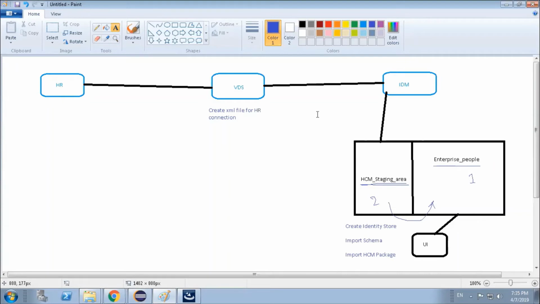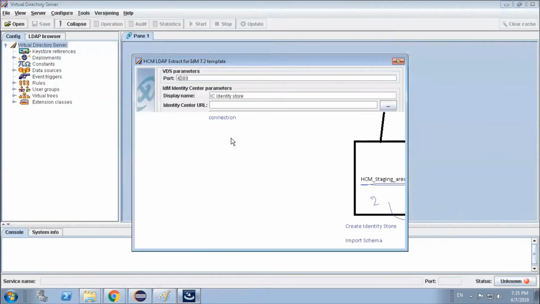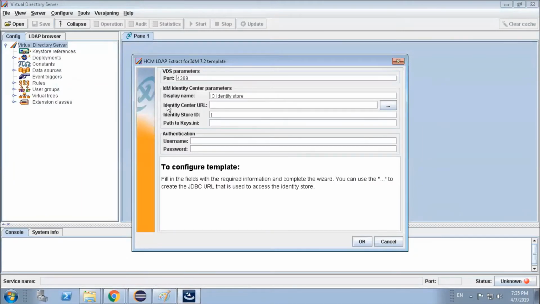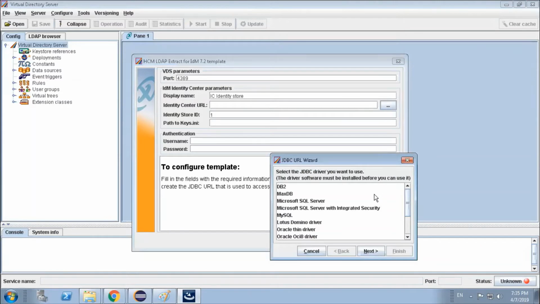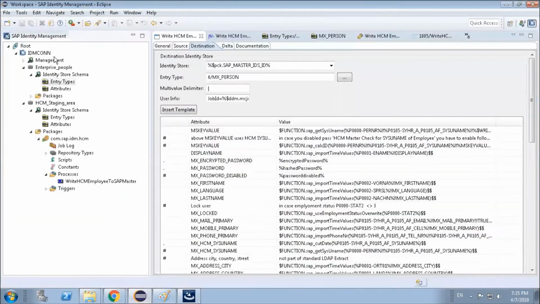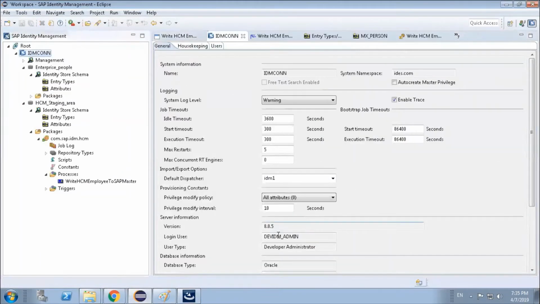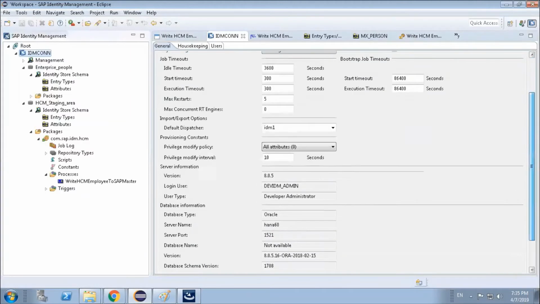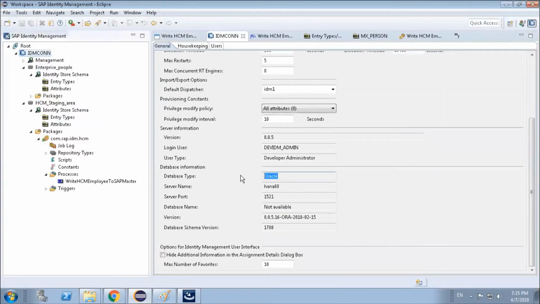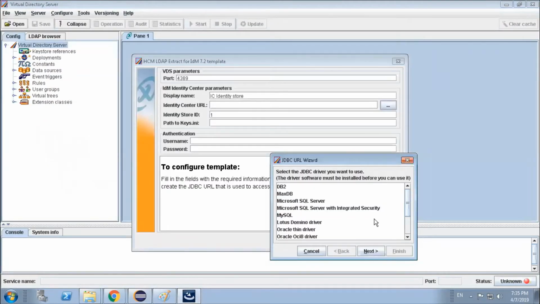So in order to connect this VDS to IDM, we have to put our database details. What is the database that we are using over here? We are using Oracle database, correct? So we will be selecting Oracle Thin Driver.